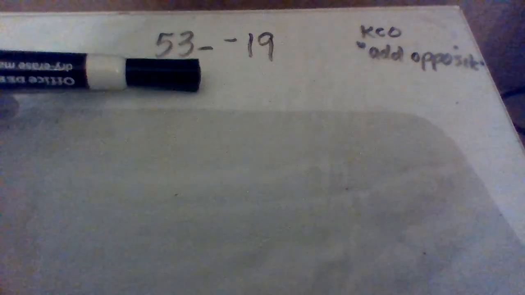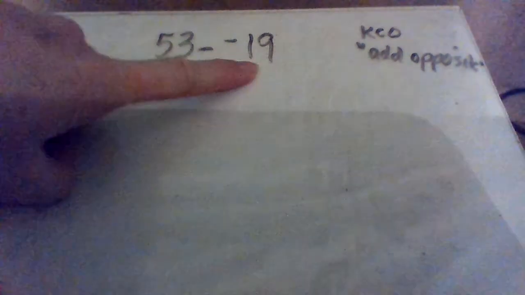Okay, so our next one is talking about our integer subtraction, right? And just a reminder, we do our keep change opposite, because we use our add the opposite, okay? So if I'm looking here, it's like I have 53, and then I'm going to take away the 19 that I owe. Okay, so I have to think about that. This is almost 20 that I'm going to be taking away from what I owe, right? So I know that,